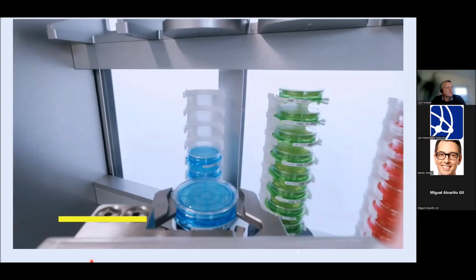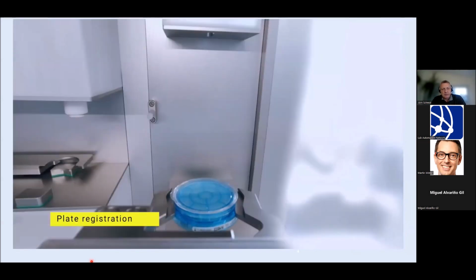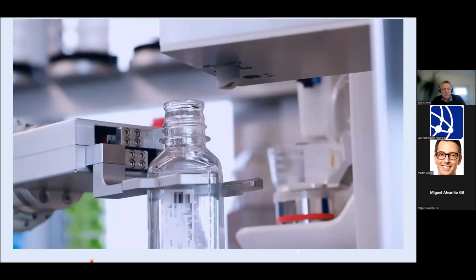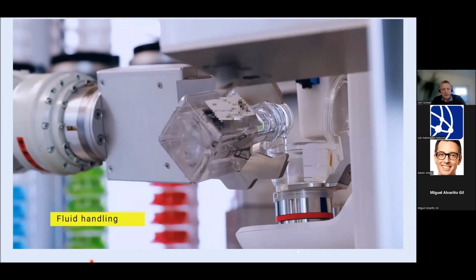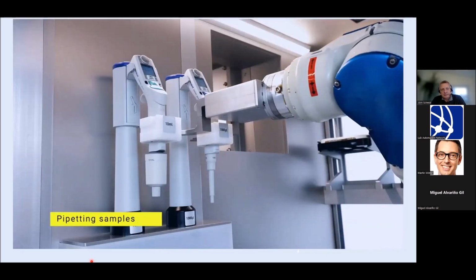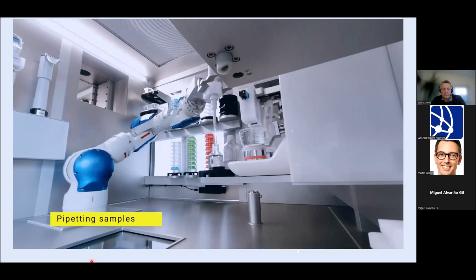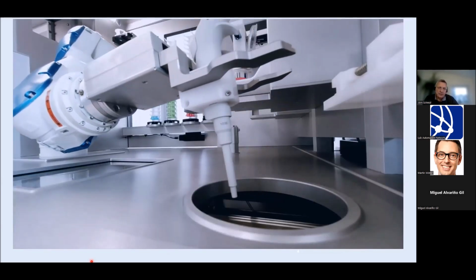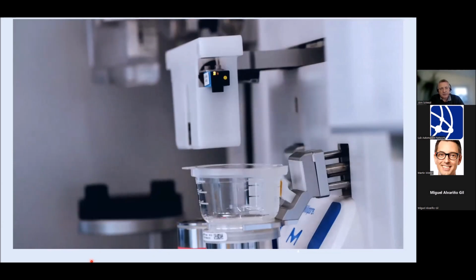Small storage area. Taking the funnel with a membrane. Fluid level measuring so that we can calculate the speed of pouring it in. There's a fill level sensor. Pouring sample or pipetting sample, depending on the method and the volume of the sample. Waste handling, filtration itself, Merck Milliflex system,